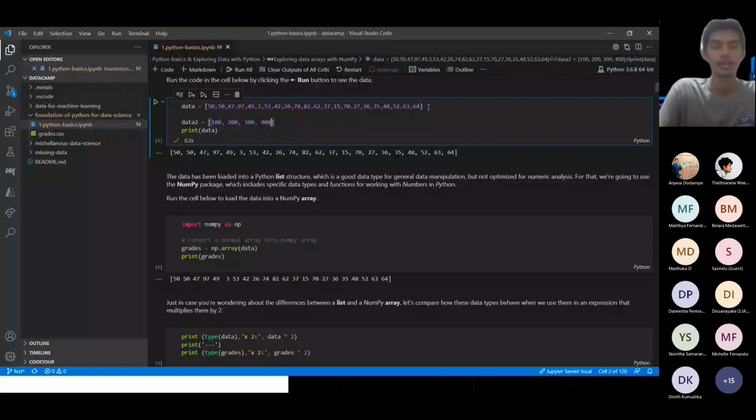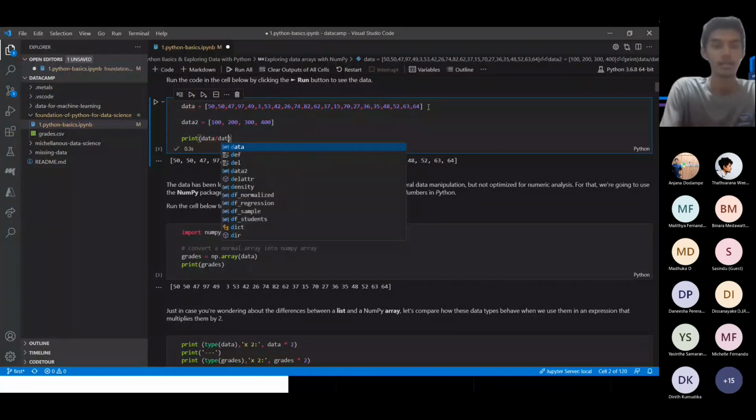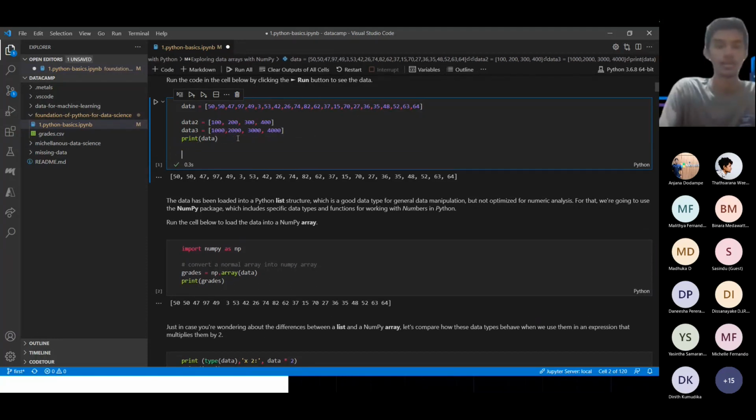But in normal array manipulation, if we need to do something like this operation, we want to subtract each of these elements from array data3 from data2 array, like 1000 minus 100, 2000 minus 200. If we do it in normal arrays,